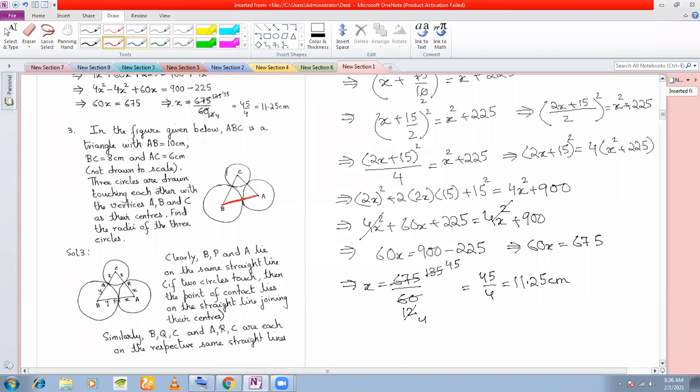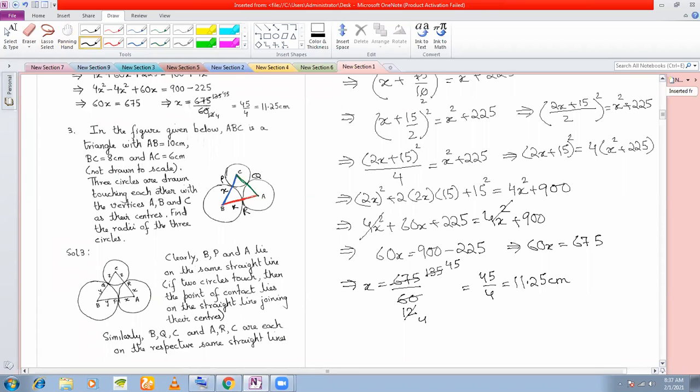This length is given. Also, this length is given to you, and this length is given to you. The question is to find out the radii of all 3 circles. How do you find out the radii? Let us take these 2 radii to be x. Let us call this point P, this point Q,